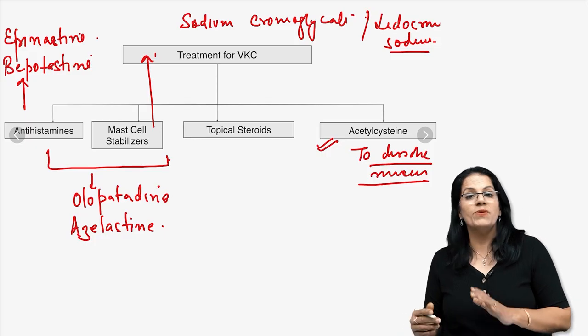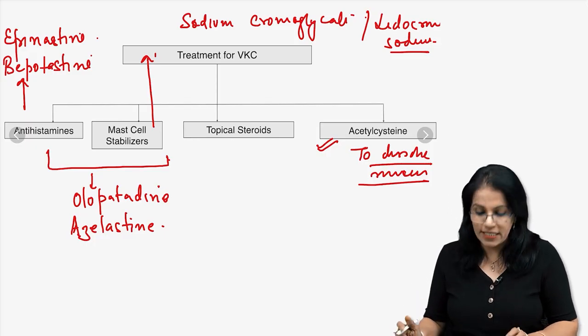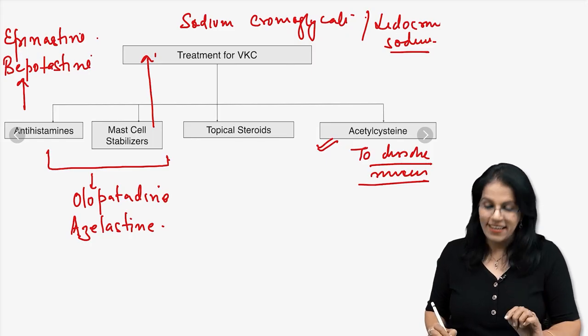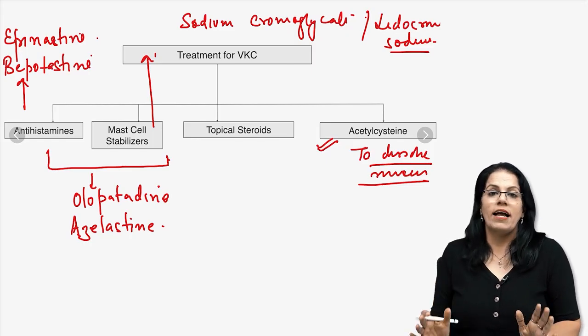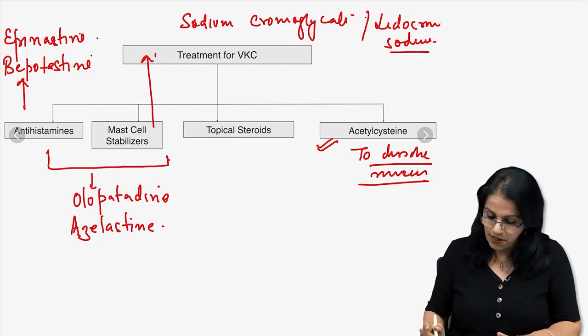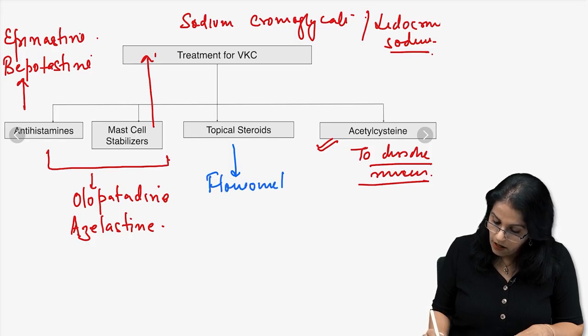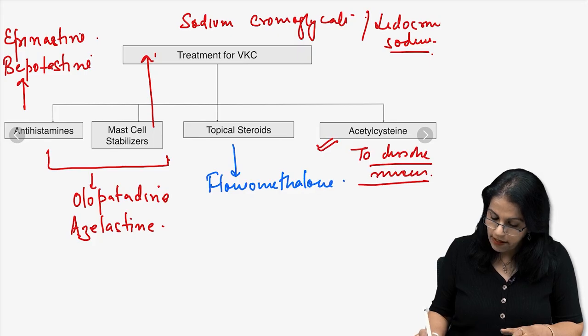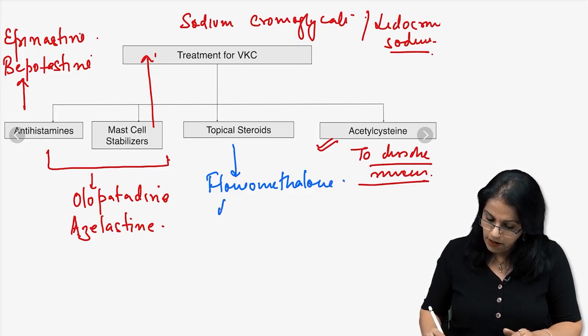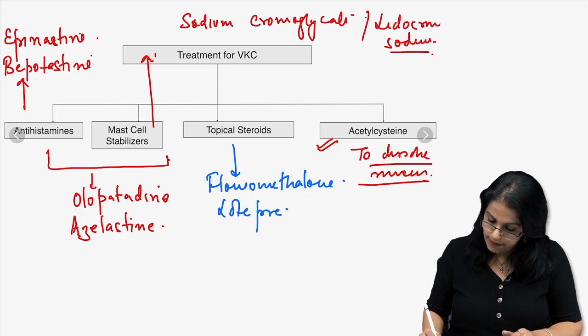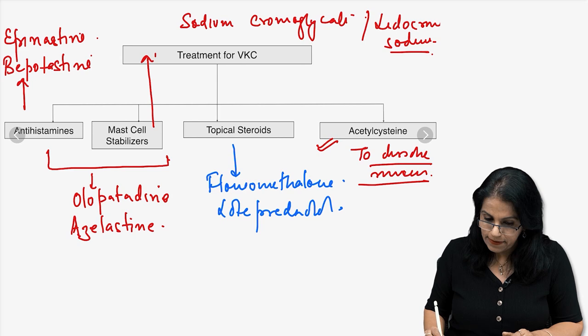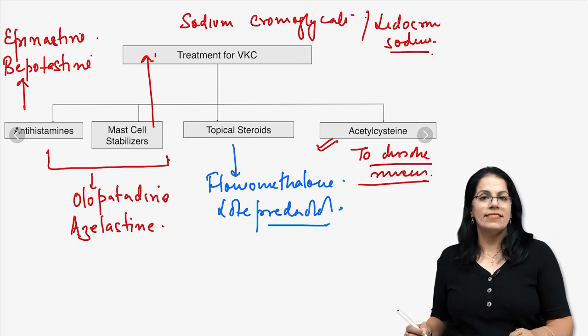If nothing works, I told you the last resort is always topical steroids, but they have to be particularly mild steroids. We don't want to land up into bigger complications. So note down, we prefer either fluorometholone, or you can use loteprednol. Good. Okay. So another important thing before, this was about vernal keratoconjunctivitis, but before we end the topic, there are